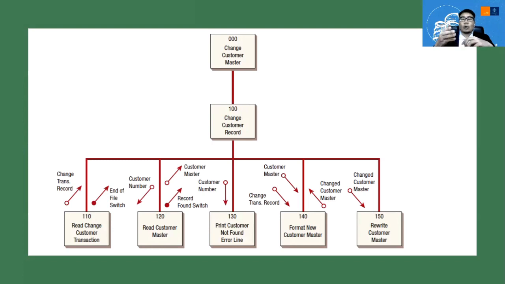And it's a walkthrough because we go from change customer master, to change customer records, and as we can see here, changes in each of the actions. So it's a structured walkthrough using a structured diagram. So this combines the structured walkthrough and the top-down approach. While the implementation of those two combined approaches will be in a set of modules. For example, this will be called the change customer master module. That's why it's called the modular approach.